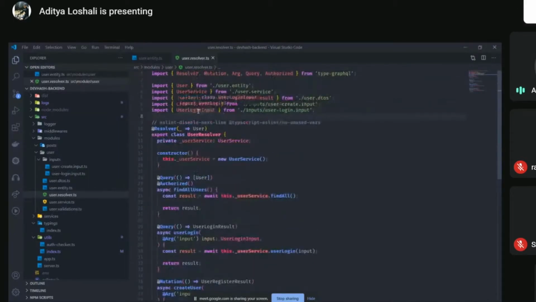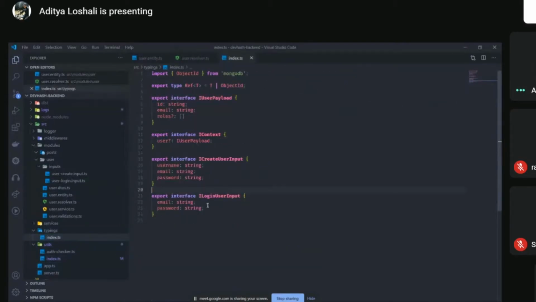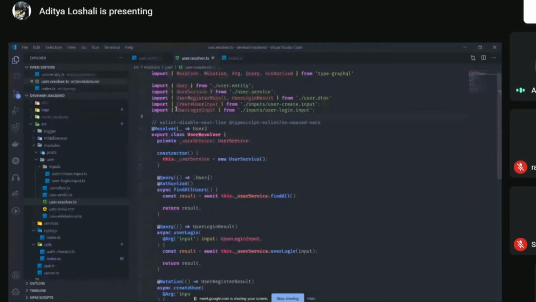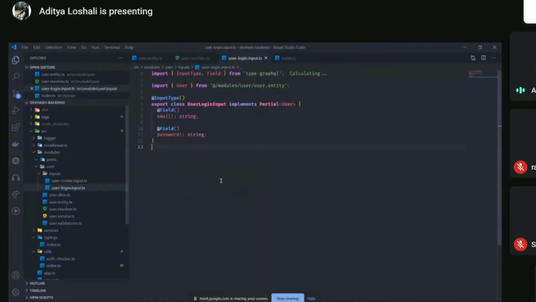Now this user login input is different from the type that I displayed earlier. That is just a TypeScript type, which is used in the service. This input, which is not starting with an I, is not an interface, it is a GraphQL type. So for example, for user login, I have it here, user login input.